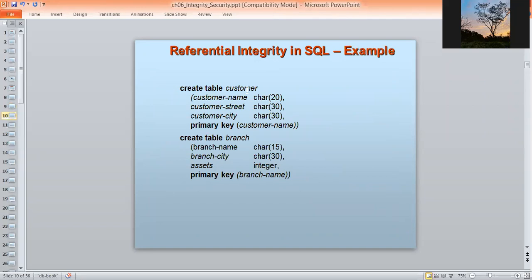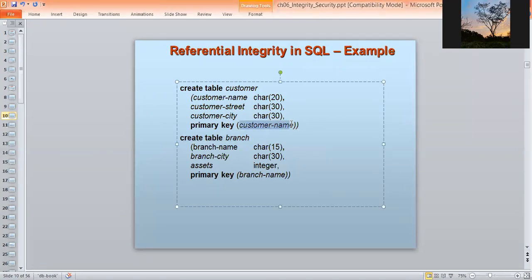So create table customer. When we are going to create a table customer, it has the following attributes and their particular data types: customer name char(20), customer street char(30), customer city char(30), and the primary key is specified as customer name.